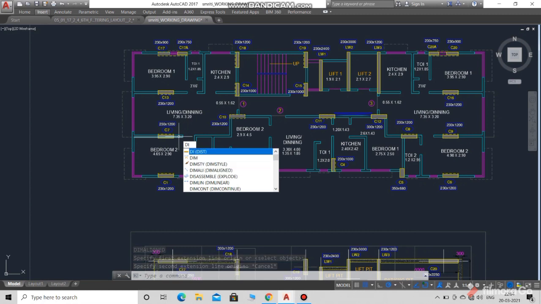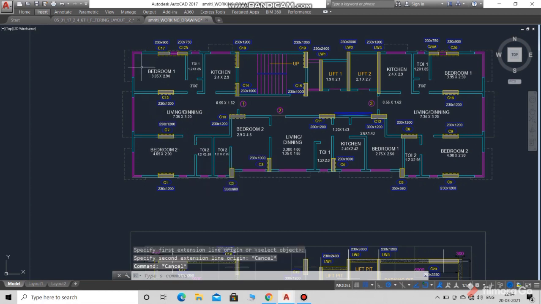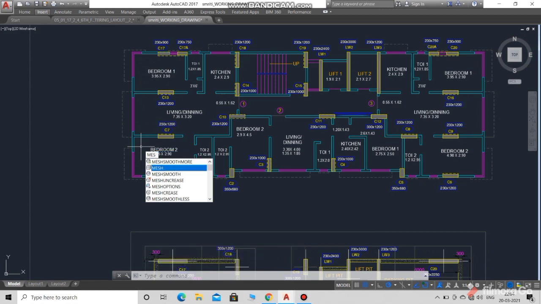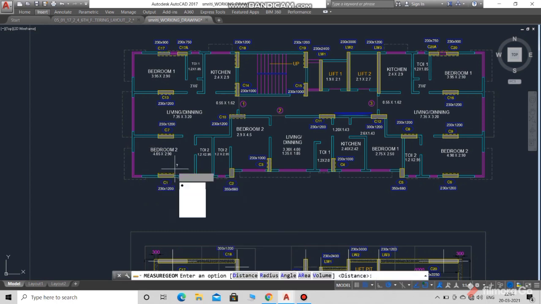So you can type MEASUREGEOM, measure geometry. You will find the dimension, area, volume, and distance. So guys, this is the second command, measure geometry.